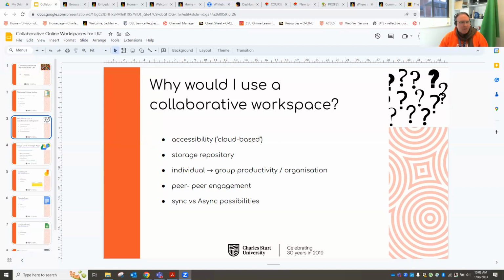So I'm going to look briefly at Padlet, and a lot of staff are already quite familiar with Padlet, but we'll look at the Padlet tool set and what it offers. Then we'll crank it up a little bit to Zoom Whiteboards, and then we're going to round things out with Miro, which is a new tool that CSU is getting an enterprise license available to all staff for within the